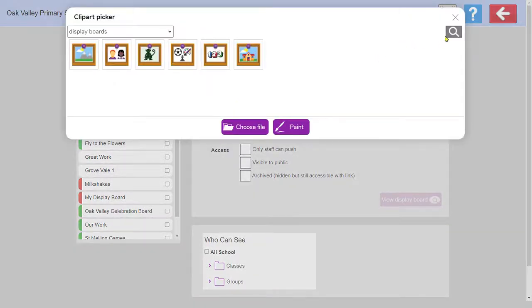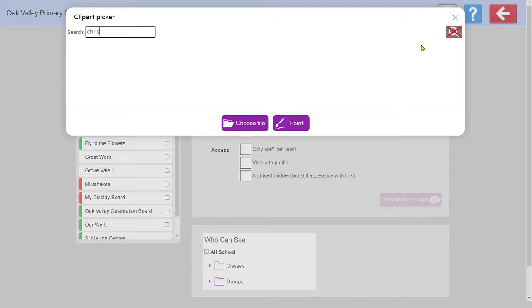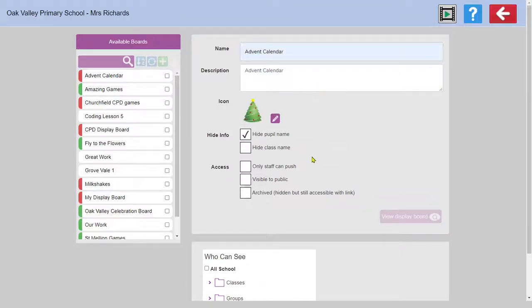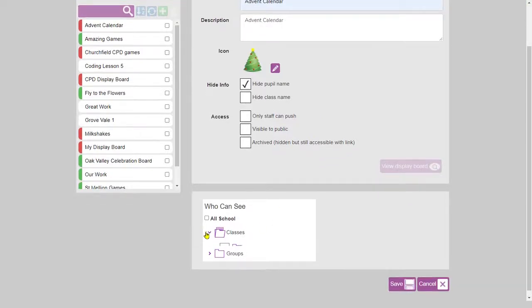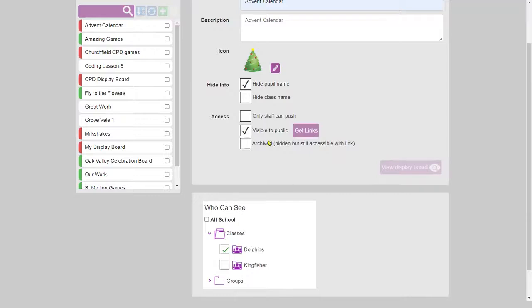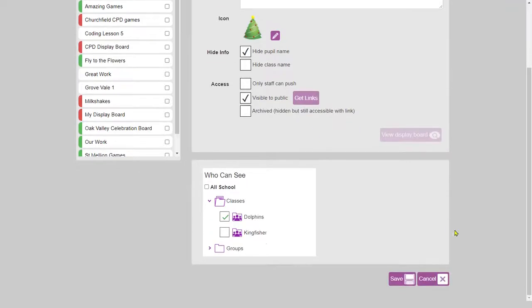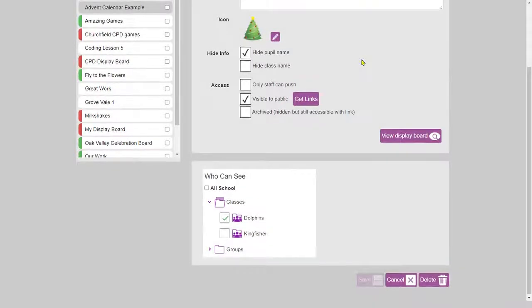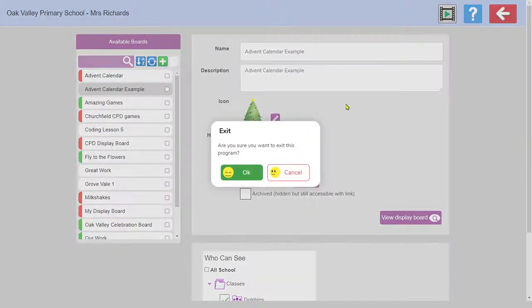We're going to give this one a nice Christmassy icon. Again, we're going to search the clip art picker for Christmas. Let's pick out this tree and scroll down, and we're going to add our class, the Dolphins class, to this one. I can also tick visible to public and get links if I want to share links home. Now I've created that, I can save it,